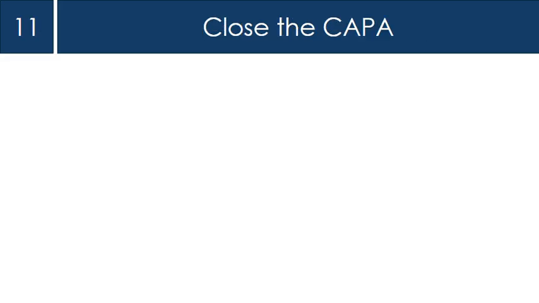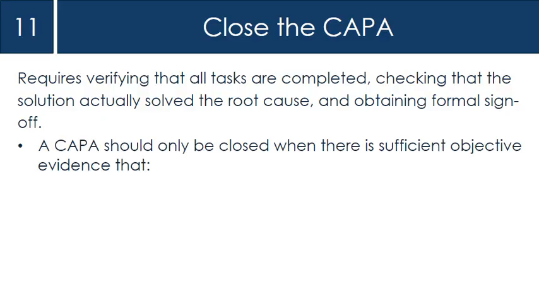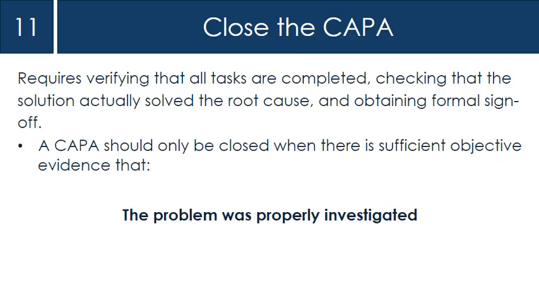Step 11. Close the corrective and preventive action session. Closing a corrective and preventive action plan requires verifying that all tasks are completed, checking that the solution actually solved the root cause, and obtaining formal sign-off. A corrective and preventive action plan should only be closed when there is sufficient objective evidence that the problem was properly investigated,